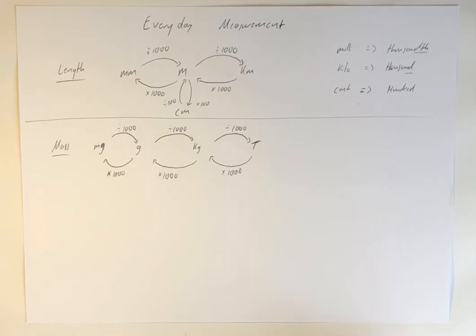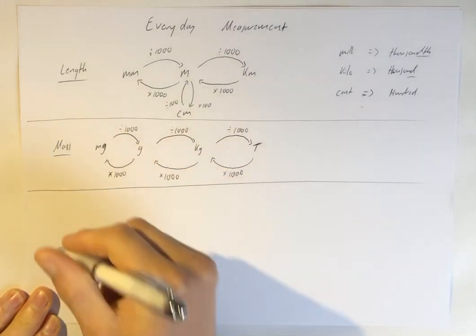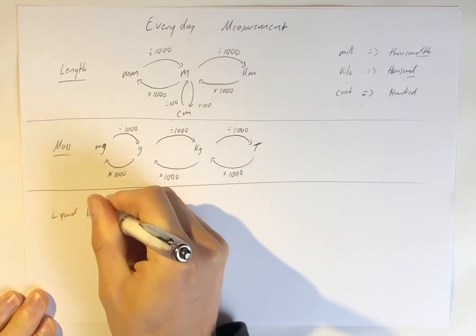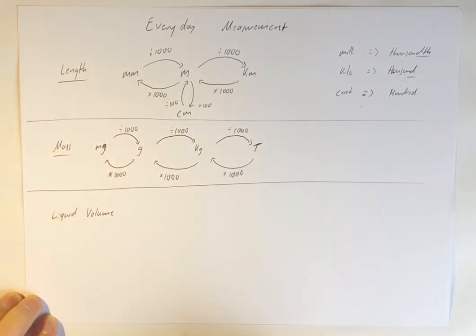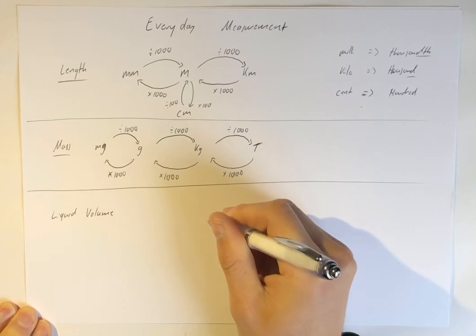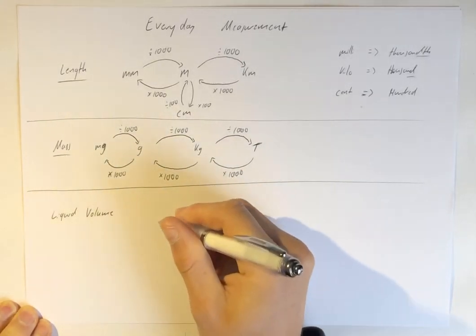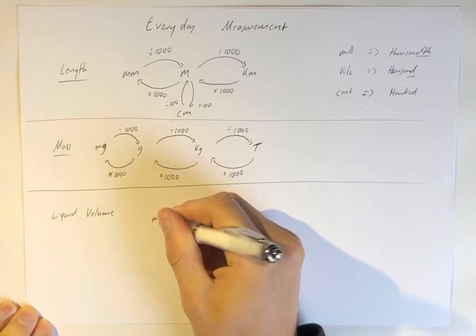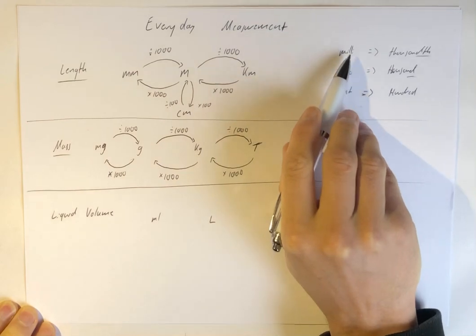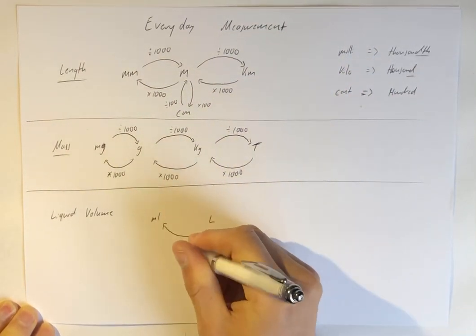So the next unit of everyday measure is liquid volume. And this one's pretty standard. You either have a big bottle of milk, it's maybe a couple litres, or maybe you're using it in baking and it's milliliters. So that's milliliters. Milli means 1,000th. So there's 1,000 mils